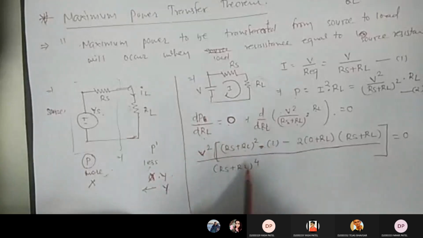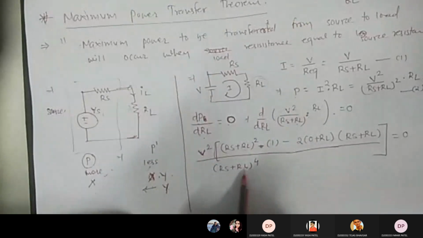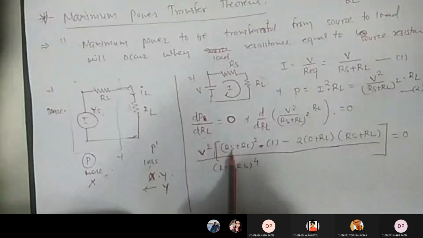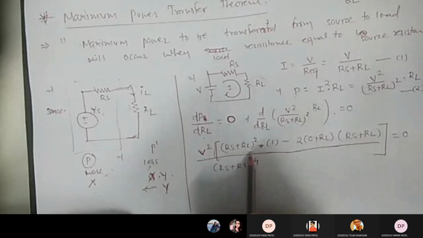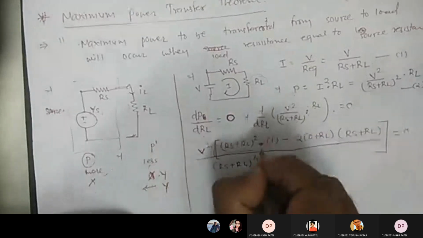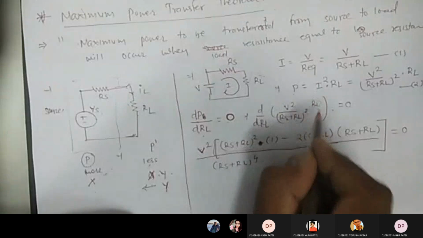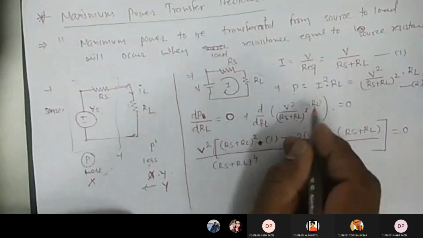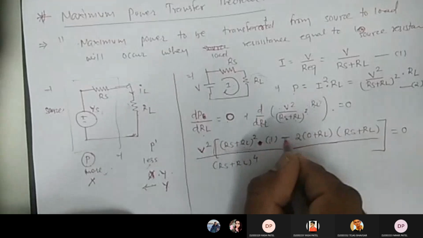Denominator squared, (RS plus RL) squared squared, that means (RS plus RL) raised to 4. Into the bracket, whatever term is in the denominator stays as it is, into the differentiation of the numerator term RL with respect to RL, which becomes 1, minus